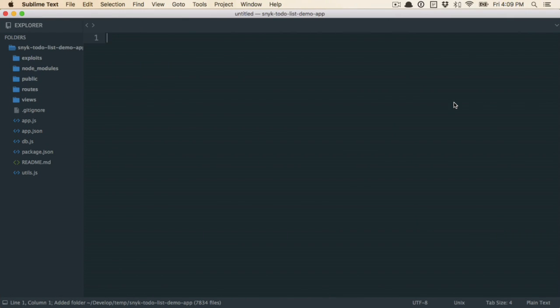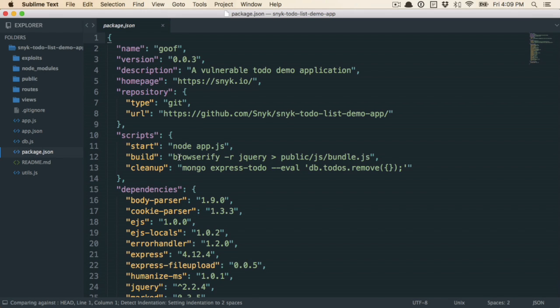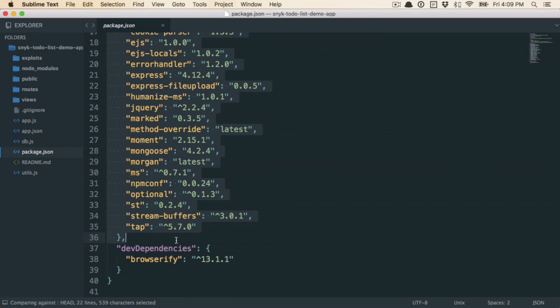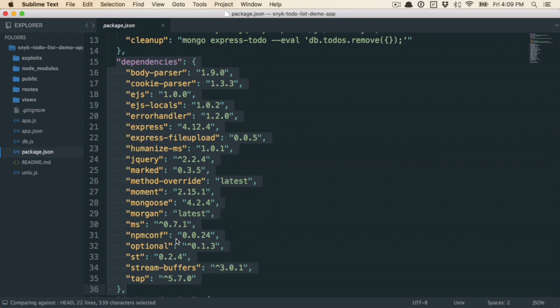So right here we have a sample to-do list application that we've created, and if we open this up in Sublime, we'll see that it follows a fairly typical structure for a Node application. We have a package.json file, and inside the package.json file is where all of our dependencies are specified. Now, to make sure that these dependencies aren't bringing in security issues, we need to run